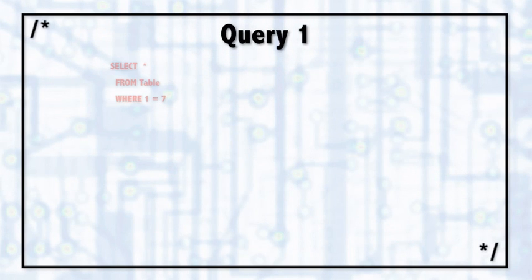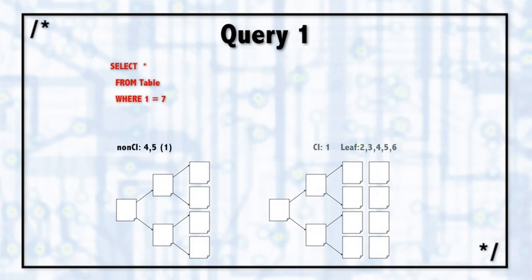So I want to take a look at a few execution plans right now. And hypothetically, let's say we have a table with the name of table. And there are two indexes. On the right is the clustered index, which is clustered on column 1. And then in the leaf nodes, there's column 2, 3, 4, 5, and 6. So that's the clustered index. And on the non-clustered index, there's column 4 and 5. Those are the two key columns. And there's column 1, which is there only because it's part of the clustered index at the end of the